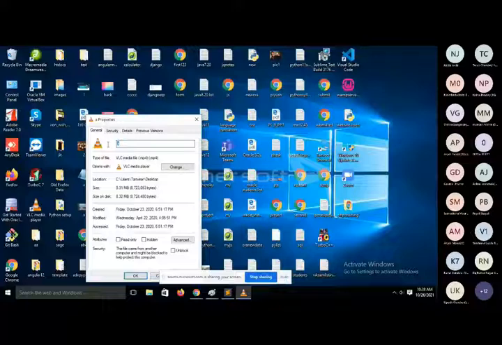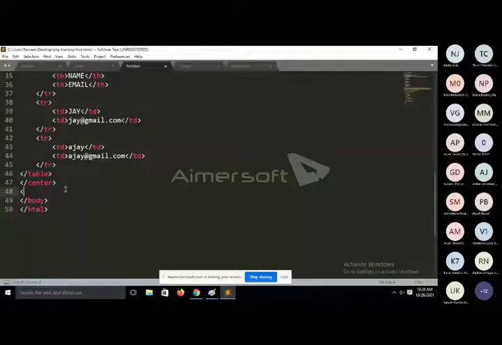If you want to display a video, then you will use the video tag. Inside the video tag, you will use one more tag, that is the source tag. Inside the source tag, you have to pass the source of your video.